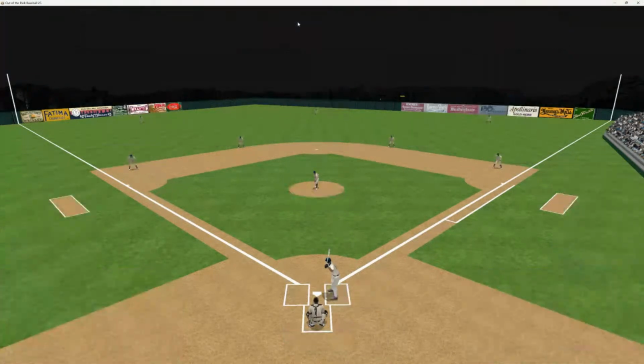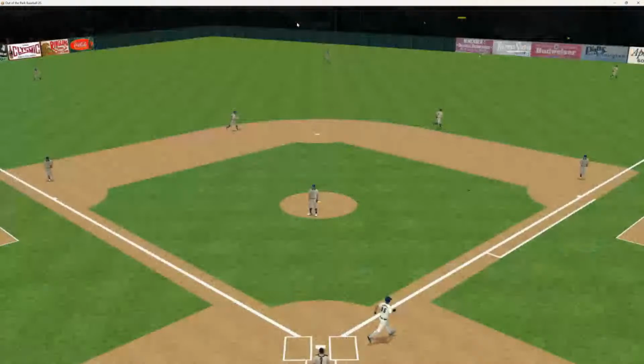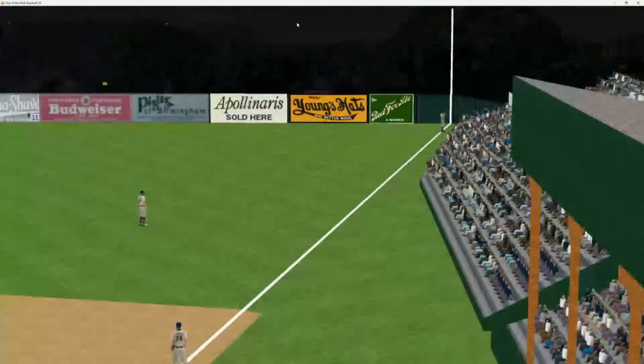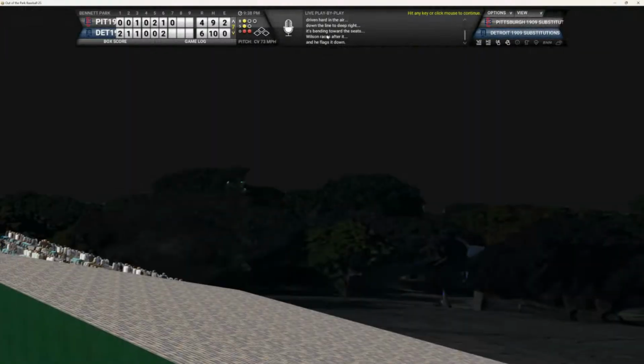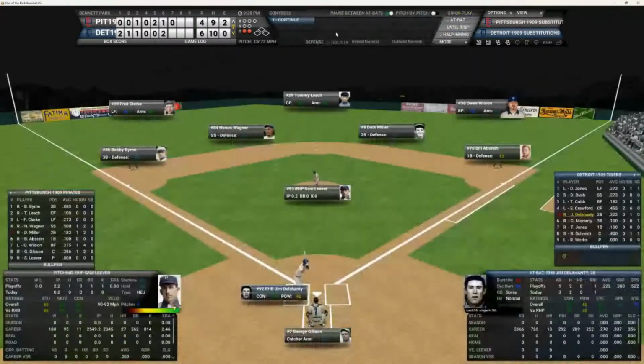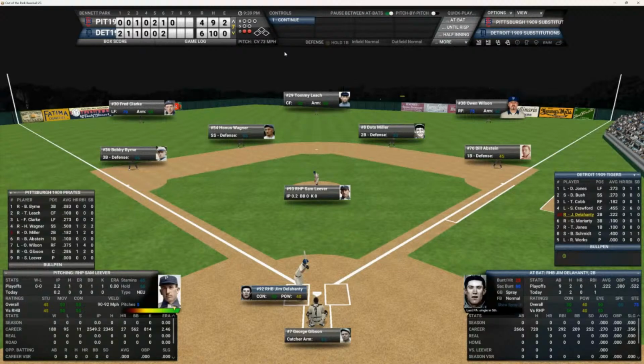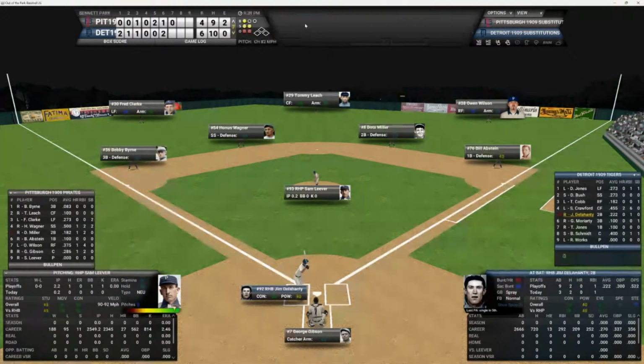Here's the pitch to Crawford. And that's going to be hit out to right field. That'll be out number 2. Wilson makes another nice play out there. 2 up and 2 down. That brings up Jim Delaney. Delaney having a great game. He's 2 for 3 with an RBI. Here's the 1-2 pitch to Delaney. Down to second, over to first for out number 3. 1, 2, 3 goes to the Tigers.